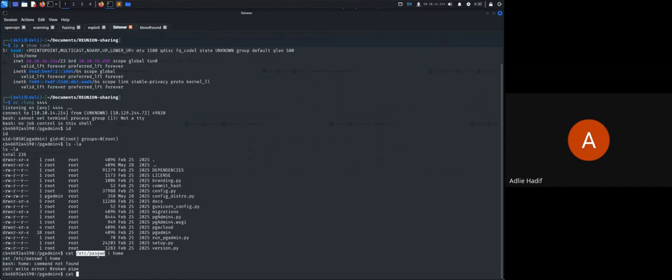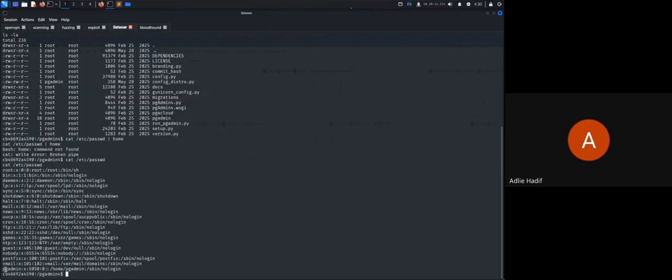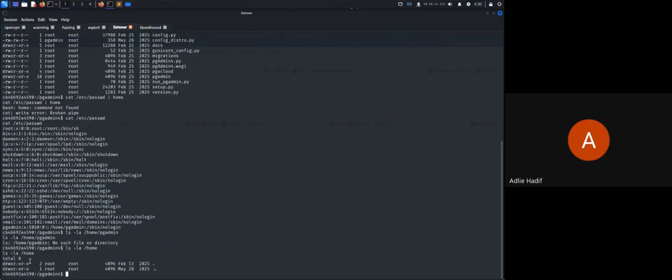So we only have the PGMA user here. We try to look in the directory or such file directory. Okay, so let's try and enumerate more. Try to look